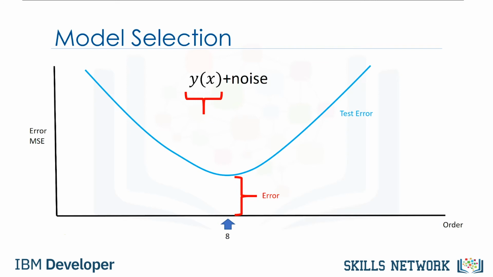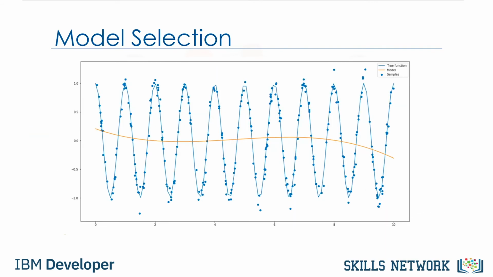For example, our polynomial assumption may be wrong. Our sample points may have come from a different function. For example, in this plot, the data is generated from a sine wave. The polynomial function does not do a good job at fitting the sine wave. For real data, the model may be too difficult to fit, or we may not have the correct type of data to estimate the function.